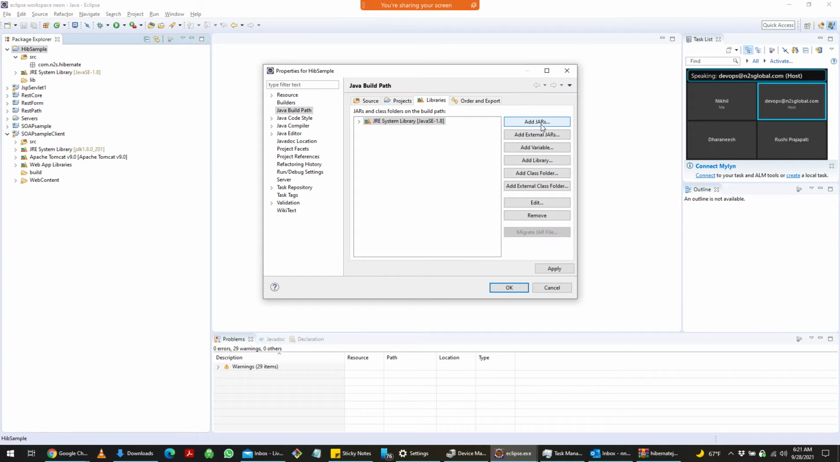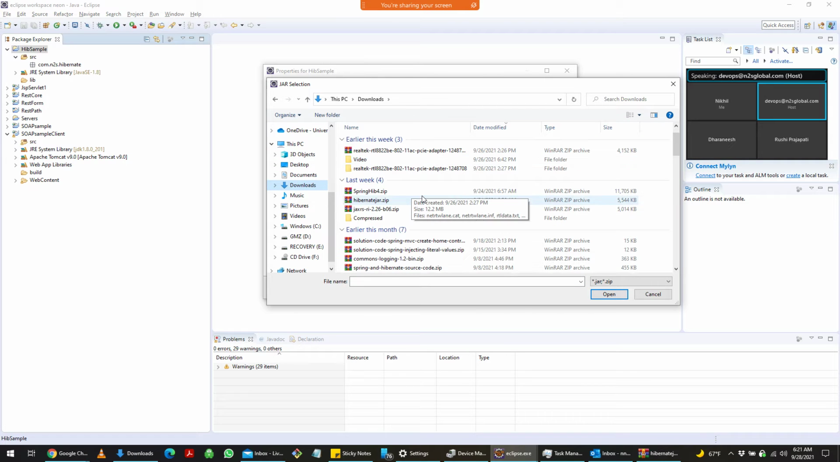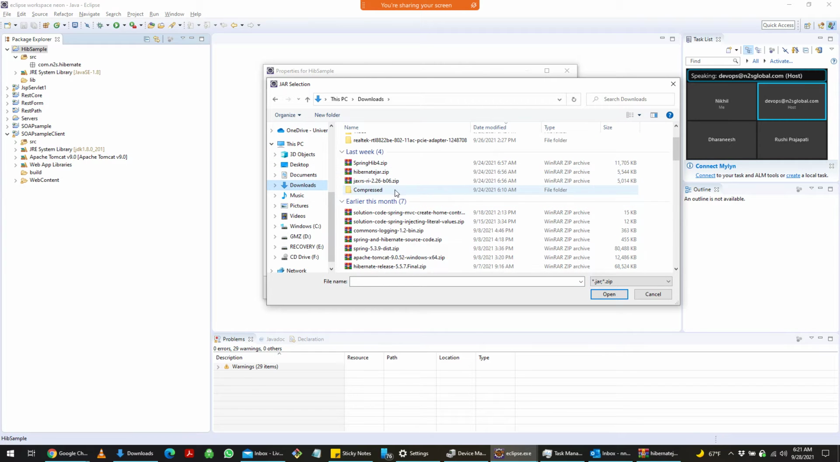Okay, go to libraries, click add external jars. Now go to that folder where you are having all the files. It's compressed. I have to. No, no,